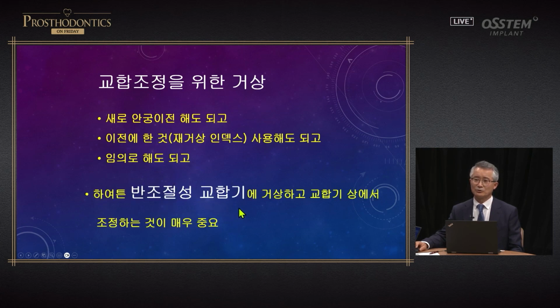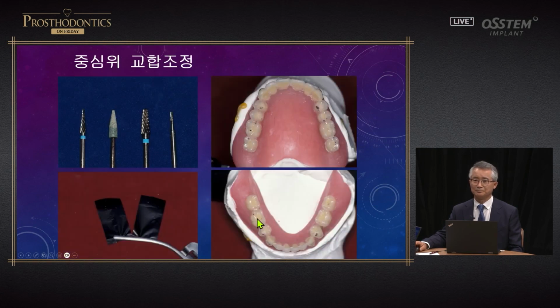When you use a semi-adjustable articulator and do occlusal adjustment, then you can get good results. So let's look at occlusal adjustment of centric relations. As we all know, we can use a denture burr or a tool with stone, or you can use a Fisher burr. I use this at the last stage to make grooves. In general, I use this frequently. And for students and interns, I recommend this one because they will need to do a lot of adjustments.